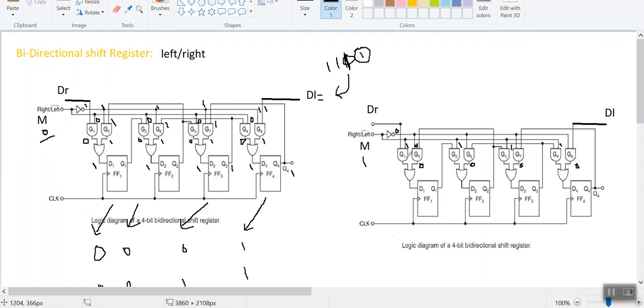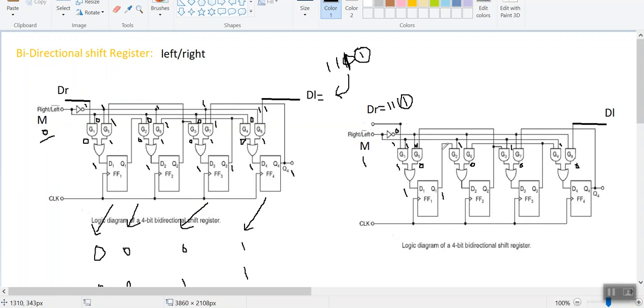Now for this first gate, the other input is connected to the DR. Now again I would like to give my input as four ones. Initially I consider the least significant bit. So for the first clock pulse, 1 is my input, and this one goes in this direction. So 1 into 1, you will get your output as 1. So 1 ORed with 0 gives an output of 1. So 1 is the input for the first flip flop, and you get output 1.